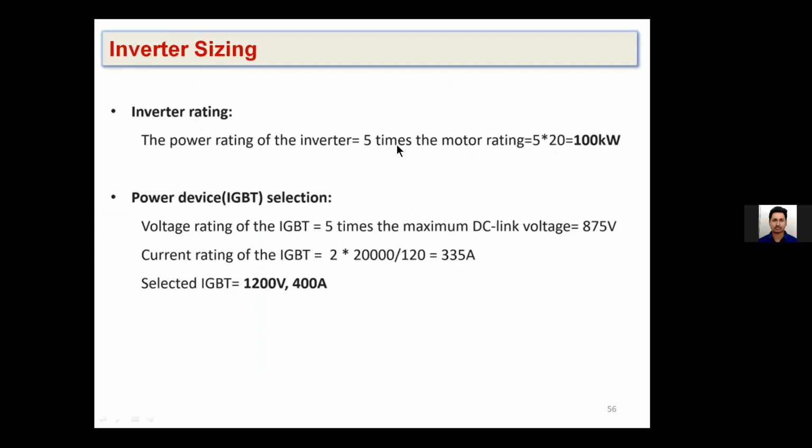So just for a safety constraint, whatever switches you select should be able to withstand such high current. That's the reason we consider almost 5 times more, such that the switch selection will also be able to withstand all conditions, transient conditions and steady conditions. It should be some higher value. Even if you consider 10 times, it's not a problem. But the thing is, the higher the rating, the cost will increase. So that is also there.